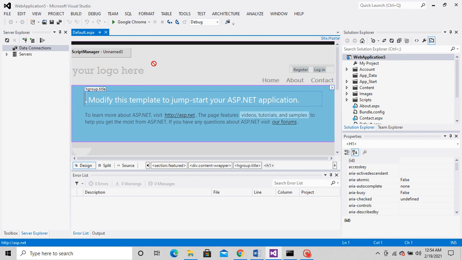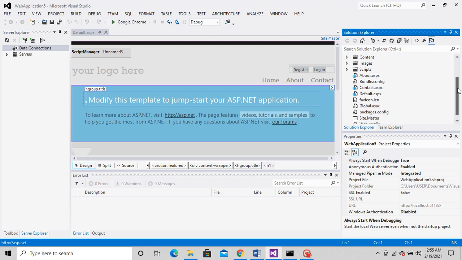Okay, now as you can see that after the creation of project, default.aspx page is opened here. Now as you can see in the page, in many parts of the page it is not editable here, right? So here also, so you can just edit this part, right? Actually this has a significance. So I'll show you how.